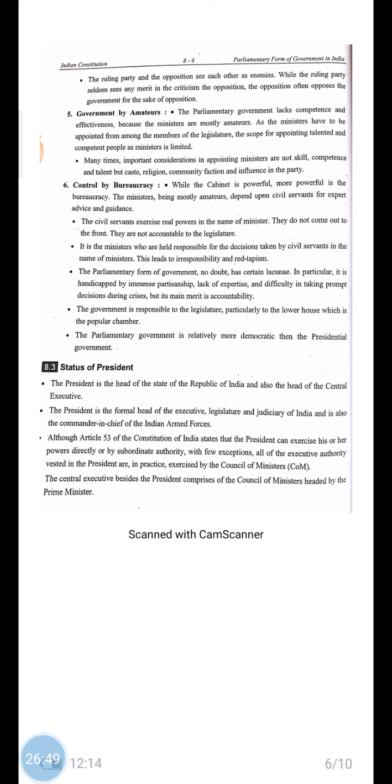So although under Article 53 of the Constitution the president can exercise his or her power directly or through subordinate authority, with a few exceptions the executive authority vested in the president is in practice exercised by the council of ministers. So the central executive beside the president is comprised of the council of ministers headed by the prime minister. Okay,